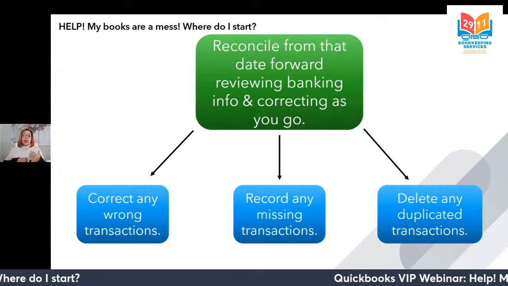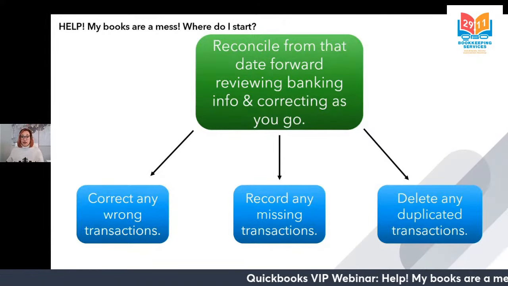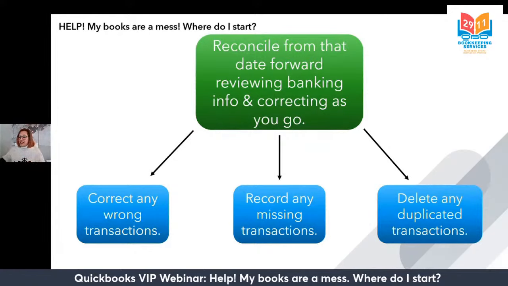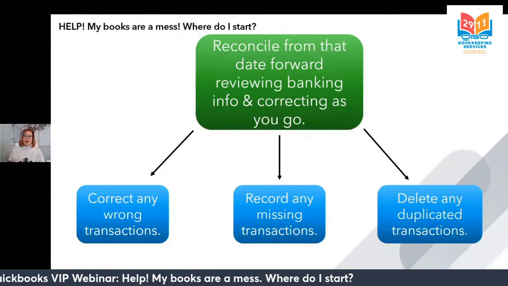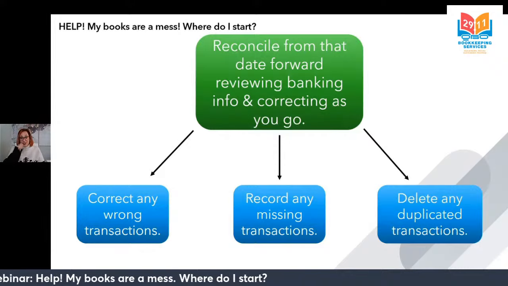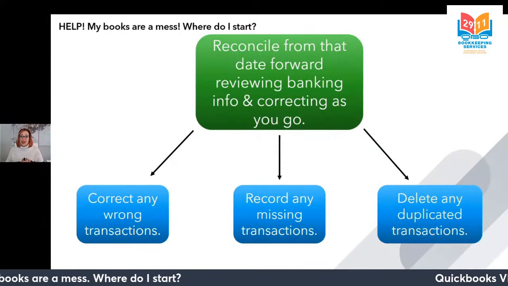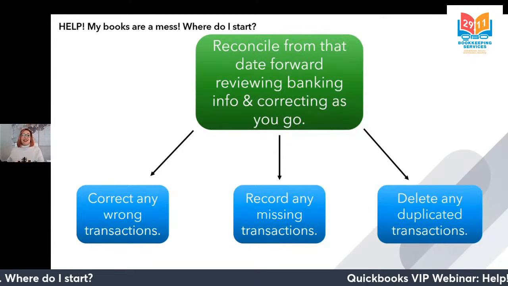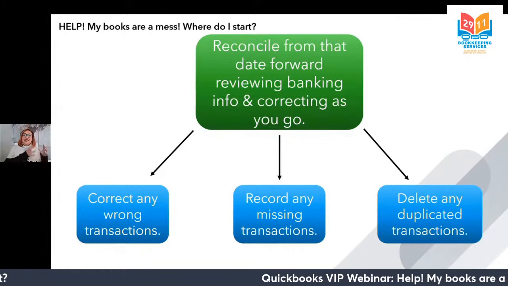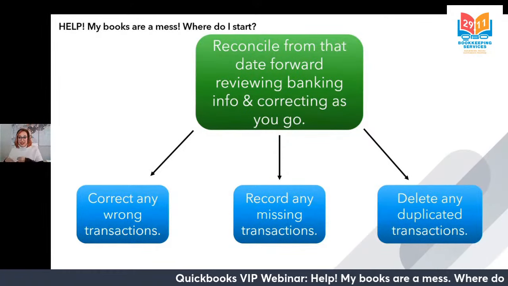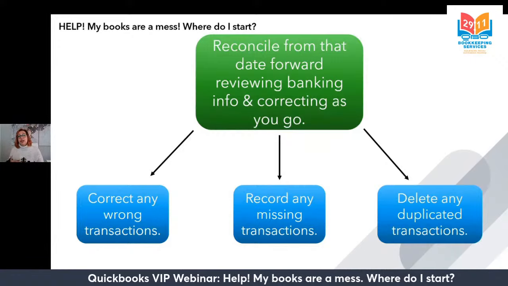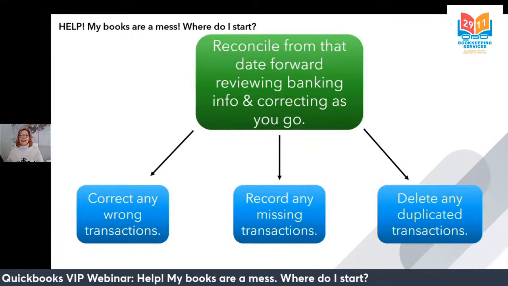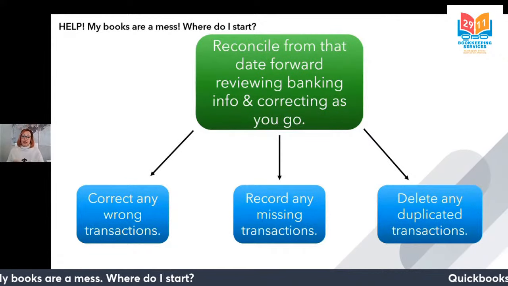So when you're looking at your bank or credit card statement, all of the transactions should be checked off here. And side note, printing out and using an actual pen and paper is a really great way to make sure you are physically checking things off on your bank statement. But that's not it. Not only should all of those transactions on the statement be reconciled in QuickBooks, but everything that's still not reconciled in QuickBooks during that time frame needs a careful eye.